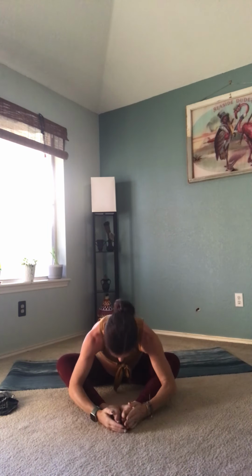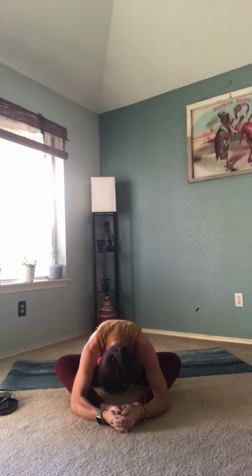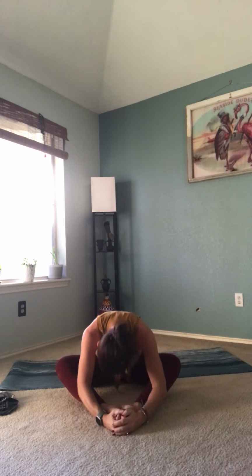Inhale, lift, and exhale once more. We take forehead toward the insteps of the feet. Grabbing on wherever works. Inhale and exhale, release. As we come into our final resting posture, Shavasana, please do what is best and safest